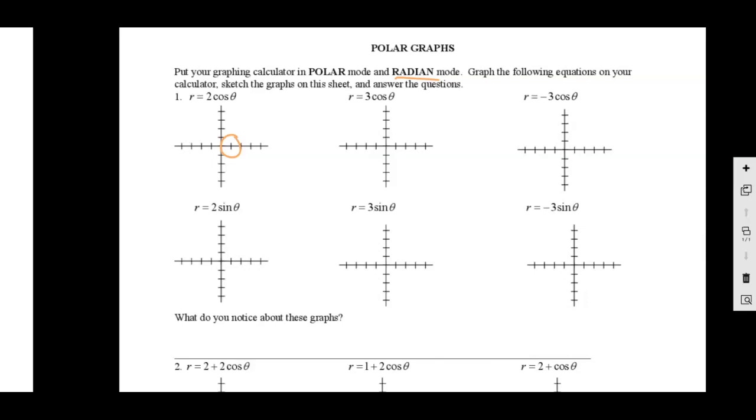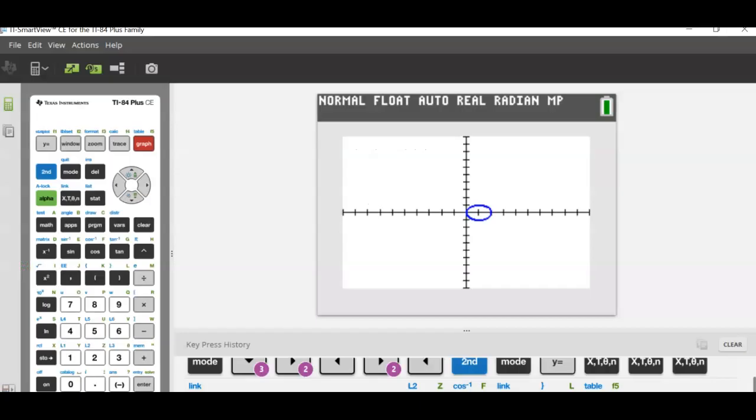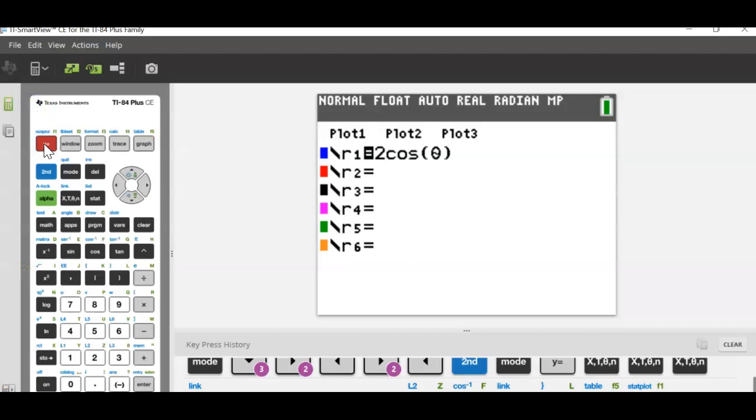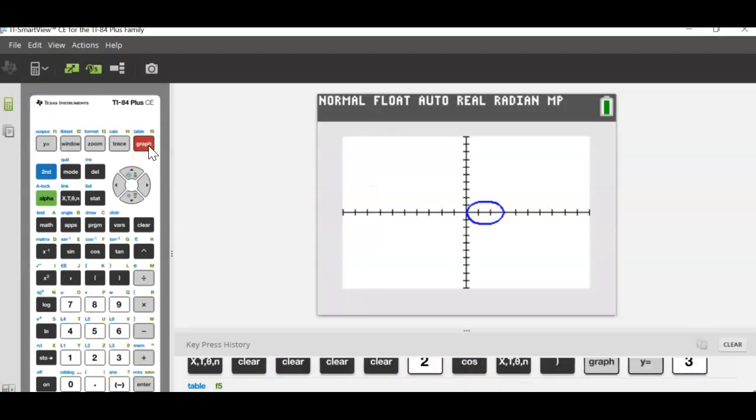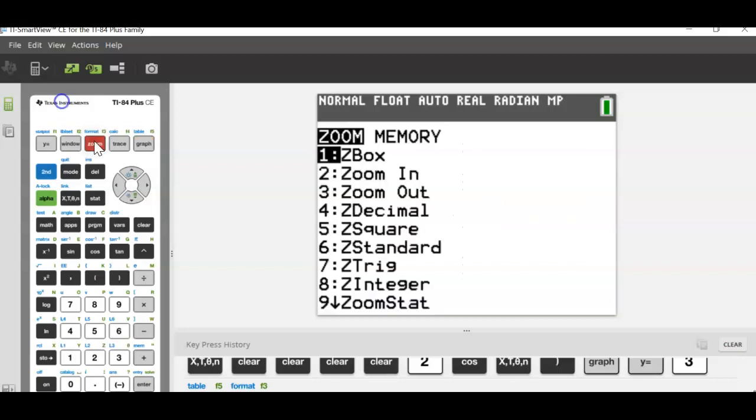Let's look at 3 cosine theta, right? What do we think 3 cosine theta is going to look like? Well, if I go to this and I just type in 3 instead of 2, guess what? It's going to be a slightly bigger circle. It kind of looks like an oval. Sometimes, just because of the aspect ratio, the graphing looks a little bit weird. I think if you hit zoom,